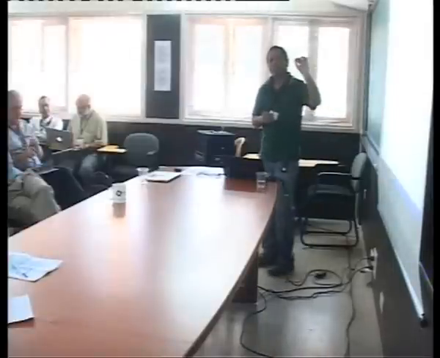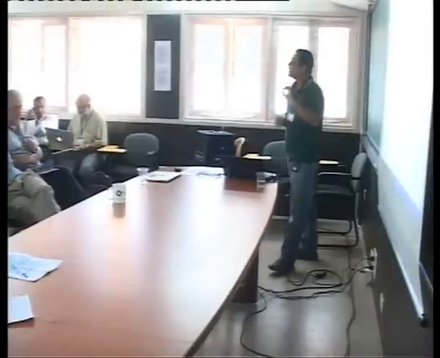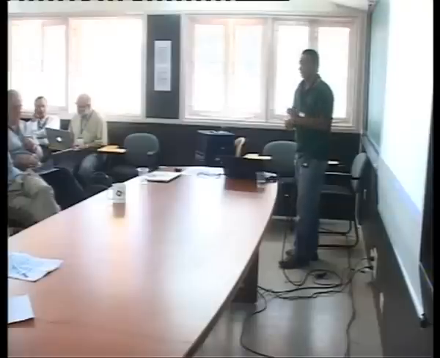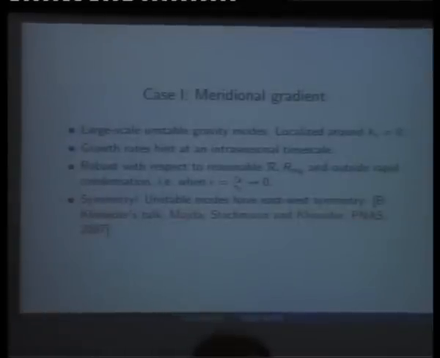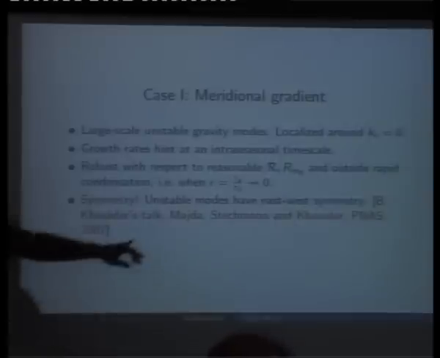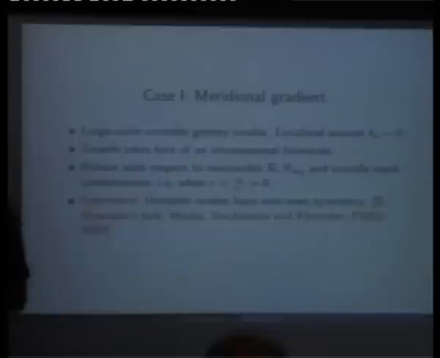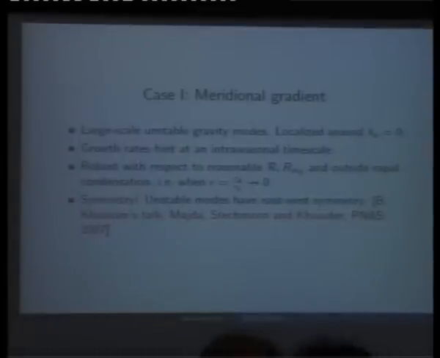You can also go to the limit of rapid condensation. You recover the same result qualitatively. The most important thing being that there is a symmetry in the problem. And this symmetry was spoken about by Professor Kuider, by Professor Maeda in his talk, and is actually mentioned in a paper that appeared in 2007 in PNAS, in the supplementary part, where they said that you can get symmetric modes if you are sitting over the equator, right?